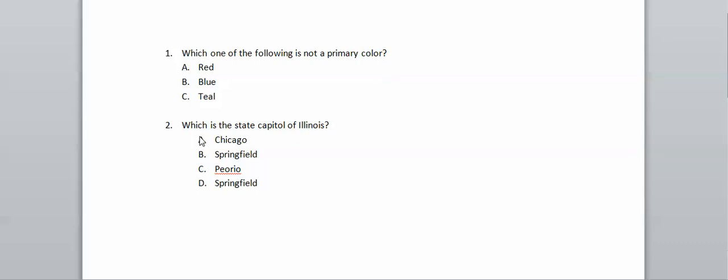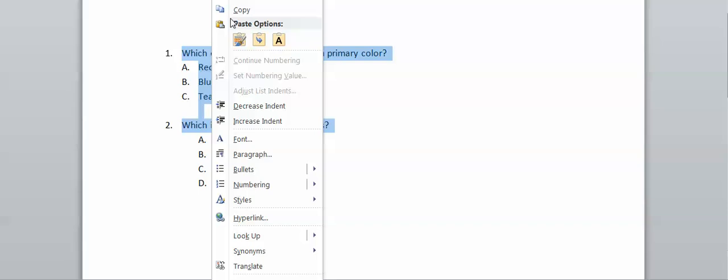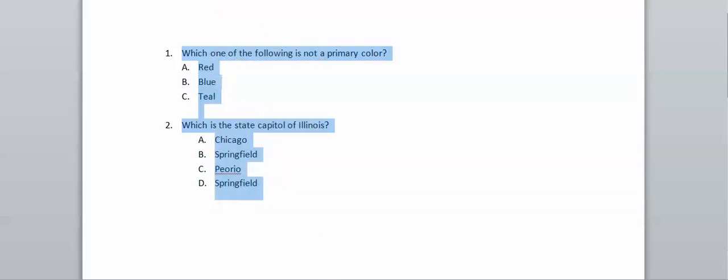And the second question is also like that. In between questions I have put an empty line, and after the empty line I have put the second question, once again with the question mark, and the answers under each other. Once that is done, I will copy these two questions to the clipboard, and then I go to my tool, which is called